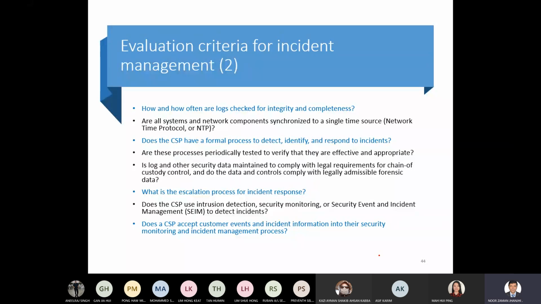So further, we can see how and how often the logs are checked for integrity. Remember we said that either they are checking the logs or not, either they are managing the logs or not, and how long they are keeping the logs. But not only that, we are also seeing how and how often the logs are checked,